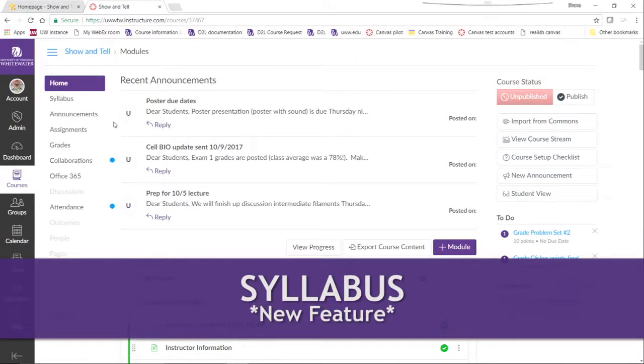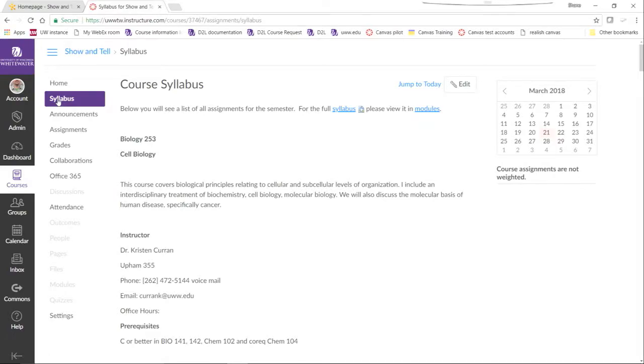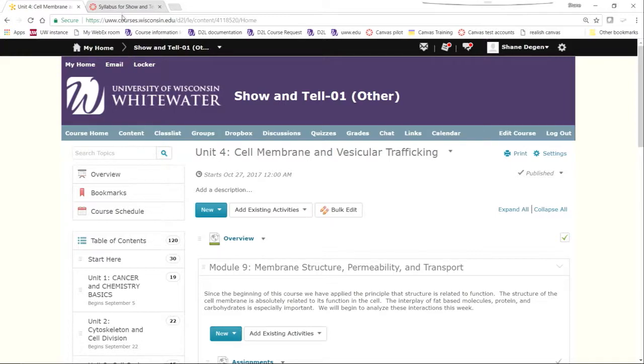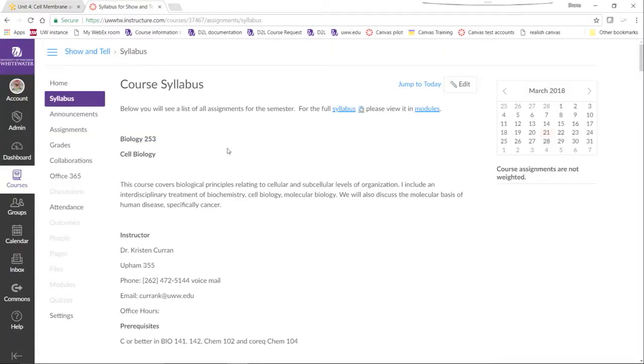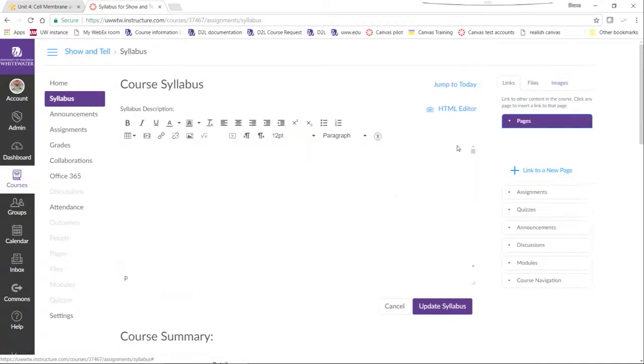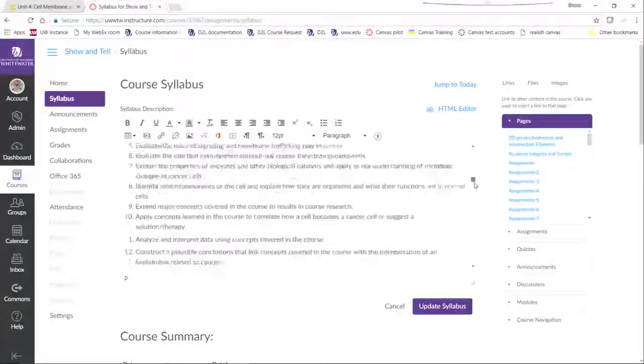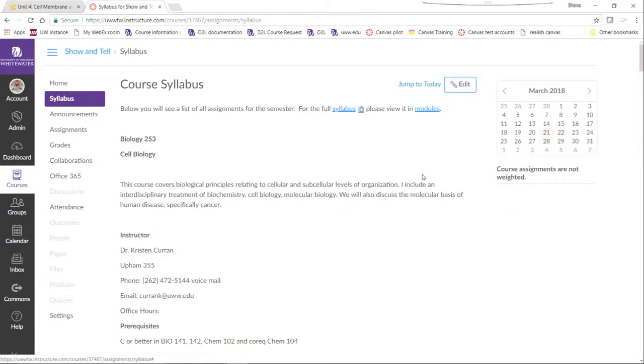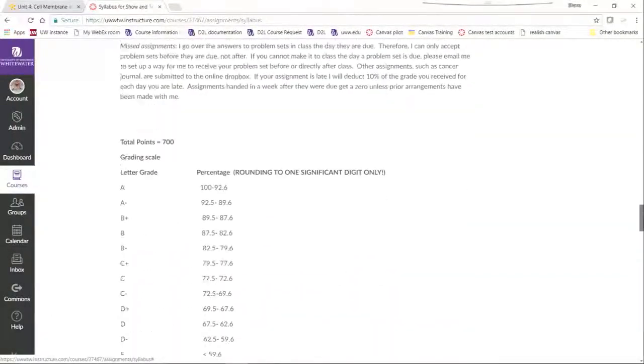In Canvas, your syllabus is always kept front and center. There is a button dedicated to that syllabus. Many instructors would include their syllabus in D2L by putting it in the content area. While you're still welcome to do that, this syllabus button includes not only a place for you to put your syllabus, you can see that I've copied and pasted a syllabus here, but also underneath the syllabus,